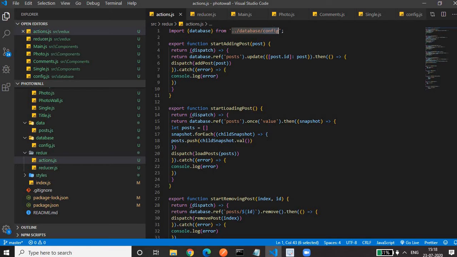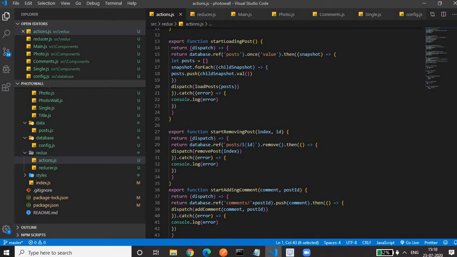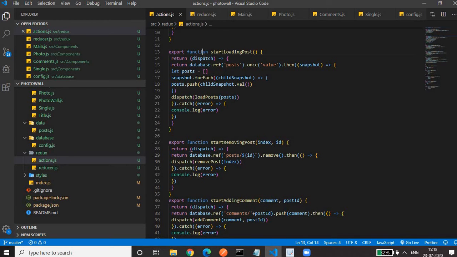Up to the day 4 video, you have seen the action creator creates the action, meaning it returns an object having type and payload. But from now onwards, the action creator will return a function, and in that function we will do all our Ajax calls, and after that we will dispatch the action. So let's start with how we can fetch the post data from the database. For fetching the post data, what we have to do? Export function.